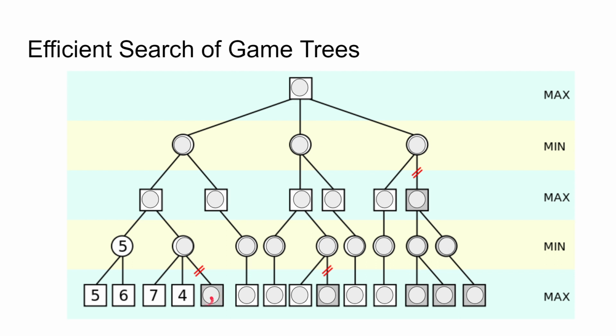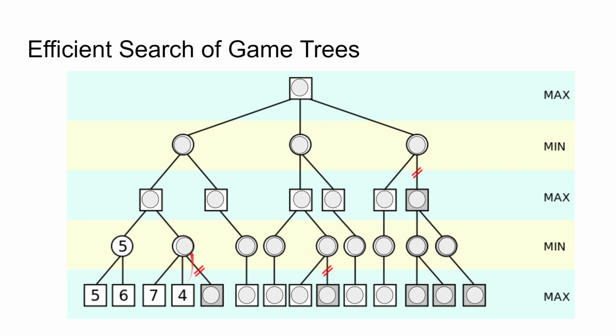Okay, but what if this value here was even worse for me? What if this value here was a 3? What if it was a 2? What if it was a 1? Well, if that was the case, if this is really small, my opponent's going to be putting a value here that's either 4 or less. But hold on a second, I'm in charge of this choice. If I know this is going to be 4 or less,